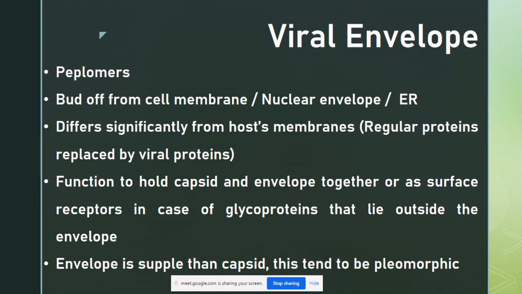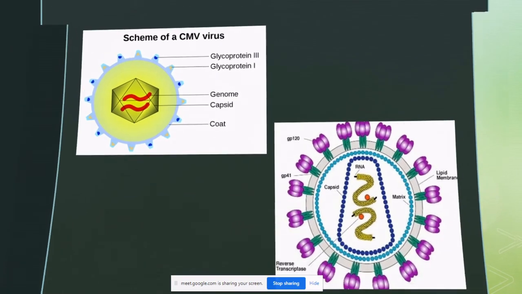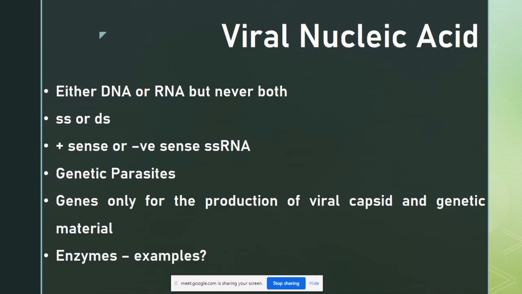Yes, ma'am. Okay. These are some examples just for showing you what peplomers are. Glycoprotein type 1 and glycoprotein type 3 on the cauliflower mosaic virus. This is the HIV structure that we just talked about. Glycoprotein 120 and 41, embedded in the membrane. All this we will be studying in detail later. And that's, I think, the last slide of the presentation.